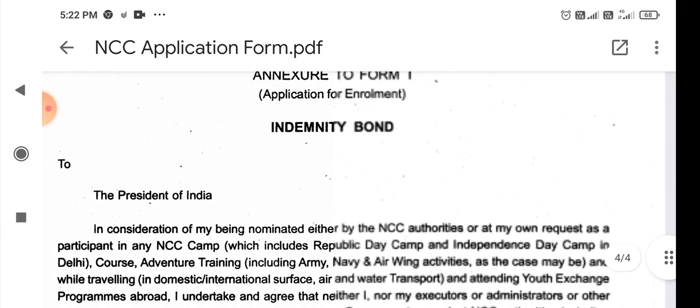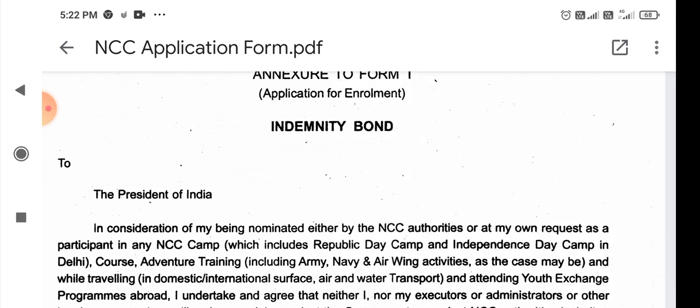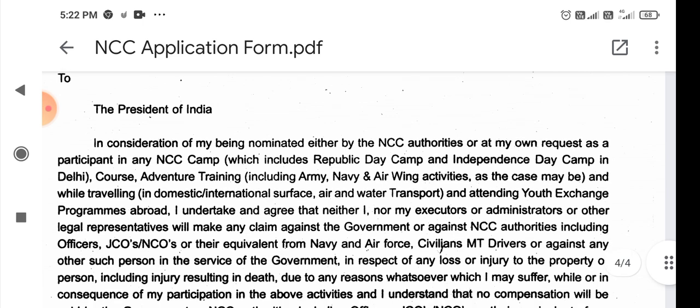Then the next one is the indemnity bond. The indemnity bond is written to the President of India. I do not like to read this. In consideration of my being nominated either by NCC authorities or at my own request as a participant in any NCC camp, which includes Republic Day camp and Independence Day camp in Delhi, course adventure training including Army, Navy, Air